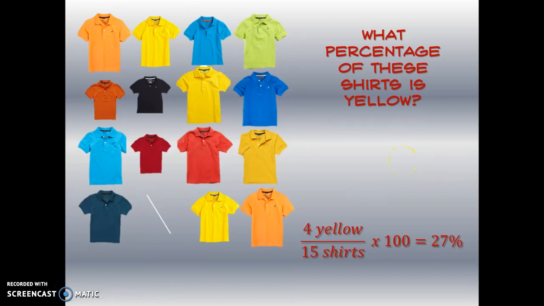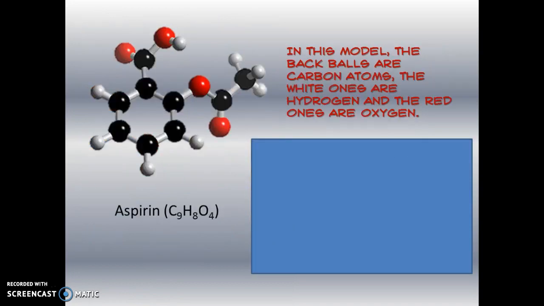Okay, so the same thing can be applied to molecules, or formula units if we're talking about ionic compounds. You're going to do the same thing, and we're going to get the mass percent of the compound. So let's say we take this picture of an aspirin molecule. If you take regular old baby aspirin, this is the molecule that you are consuming that helps take away your headache. In the model we have here, the black ones are your carbons, the reds are the oxygen, and hydrogen are the whites. If you count, you'll see that there are 9 carbons, 8 hydrogens,